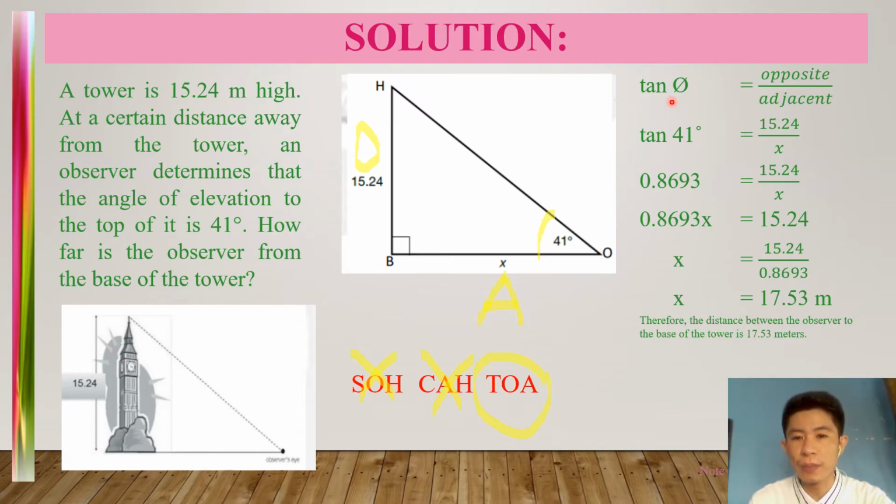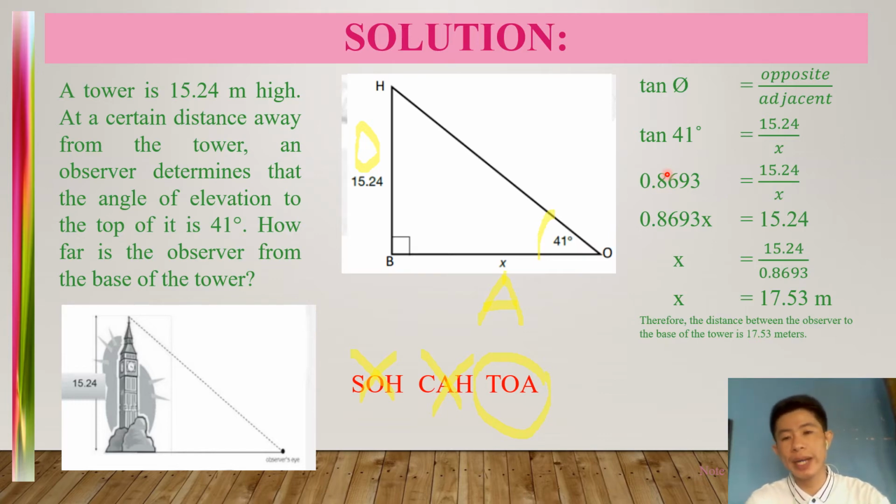So we all know that the formula for tangent theta is equal to opposite over adjacent. And based on the problem itself, the value of theta is 41 degrees. So we will just substitute it to the given formula. So tangent theta will become tangent 41 degrees, and the opposite side measures 15.24 meters. So 15.24 divided by the adjacent side, which is unknown. So we will represent it by x. And using your calculator,